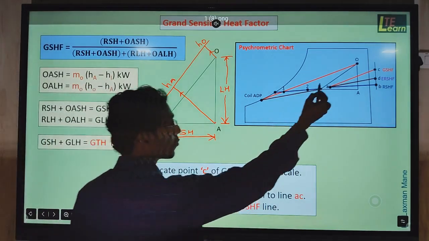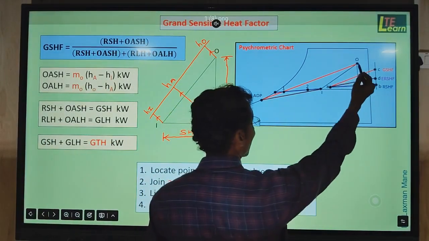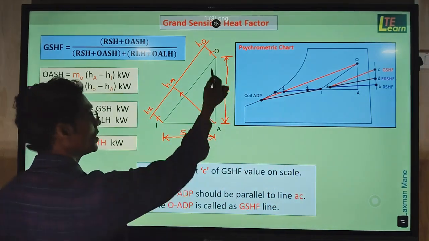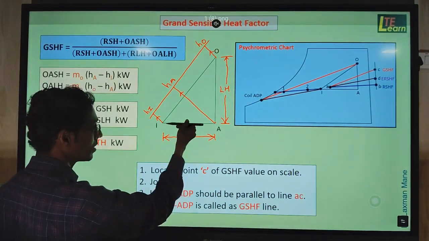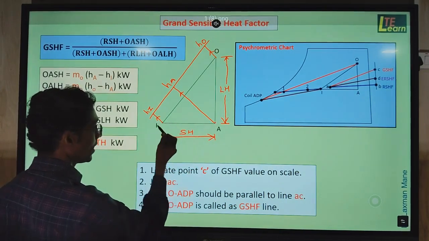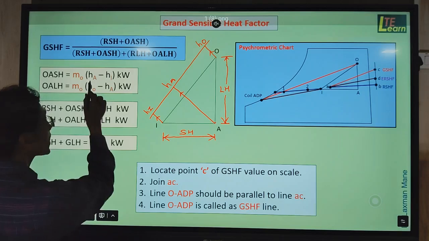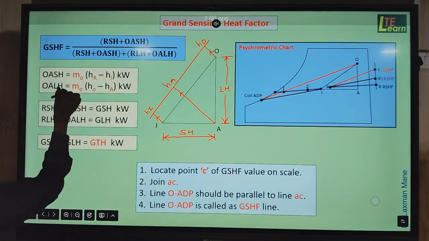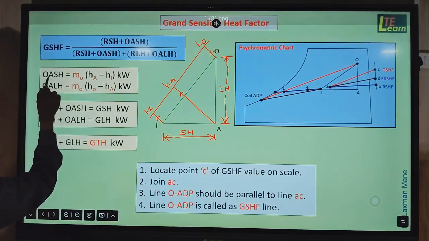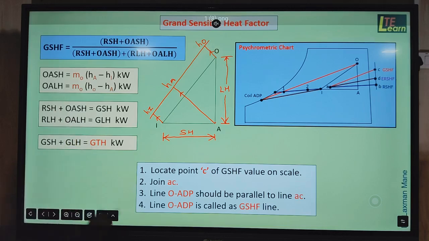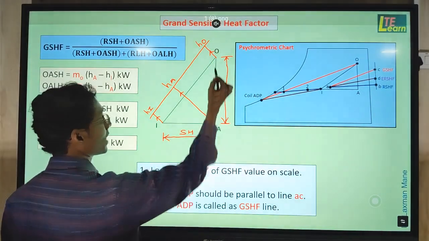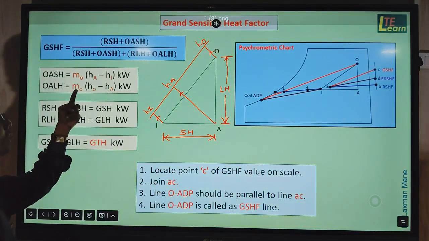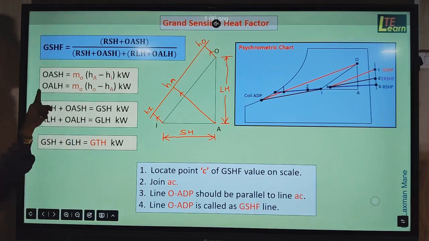So for that purpose, the diagram which we have already drawn, triangle OAI, is shown here. The horizontal enthalpy difference A to I, HA minus HI, multiplied by outside air M dot O, gives OASH, the outside air sensible heat, in kilowatt. The vertical difference, HO minus HA, multiplied by outside air comes in kilowatt as outside air latent